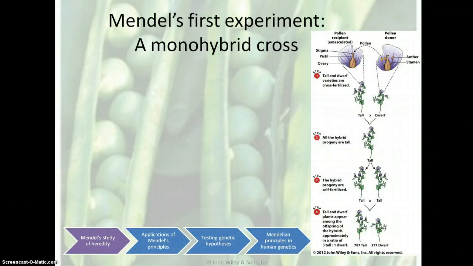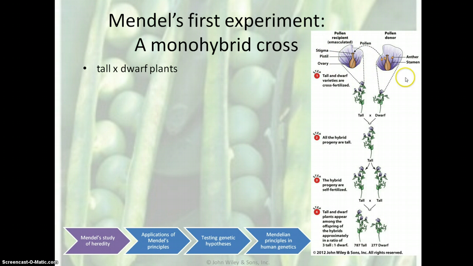All right, so what was his very first experiment? Well, his very first experiment was a monohybrid cross, and mono means one. Hybrid means an organism that has different genetic traits, so monohybrid. And what he did first is he crossed tall and dwarf plants. So here you have